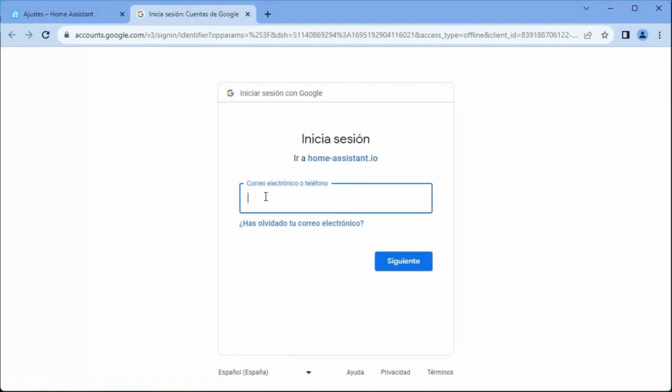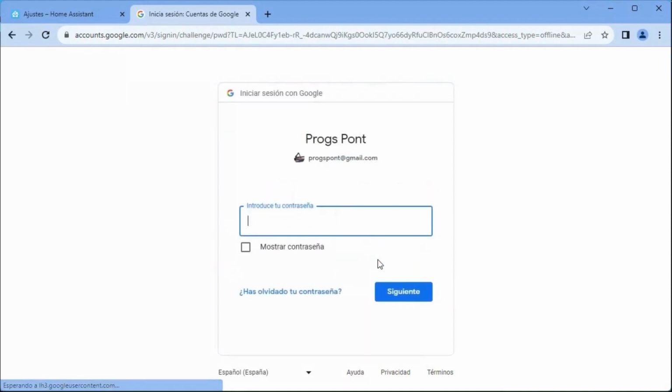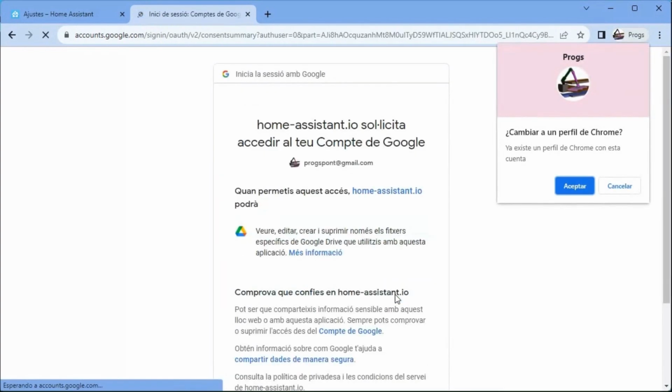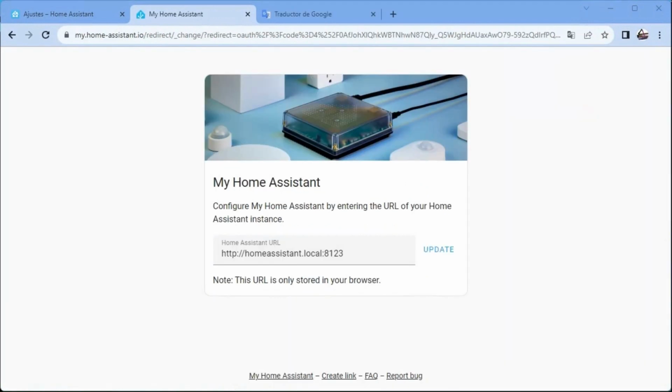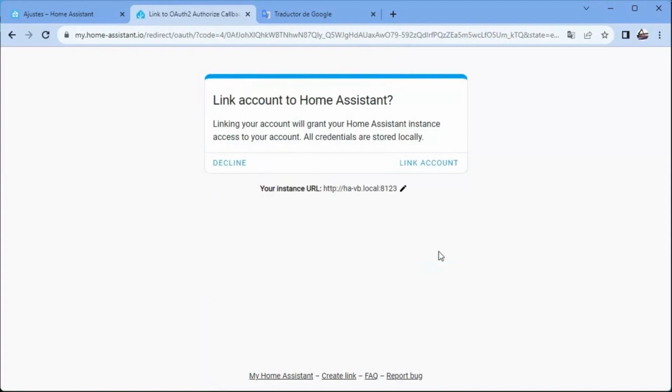If we are not logged into the browser, and if we have changed the name of our Home Assistant instance, we have to change it. Here we link Home Assistant to our Google account.